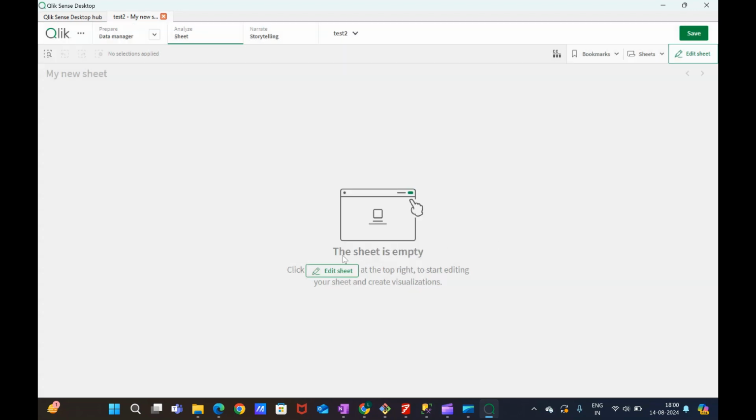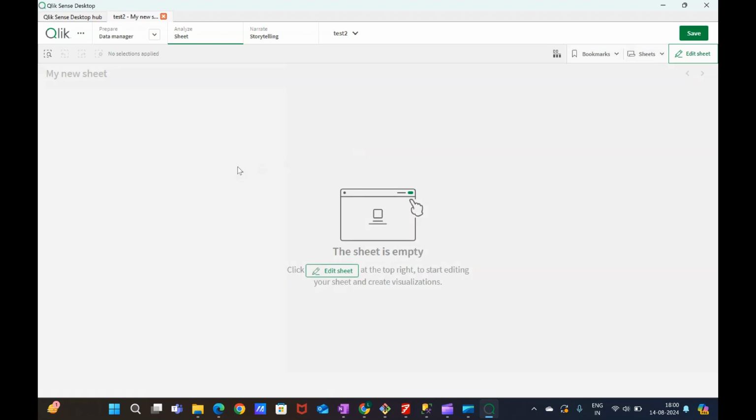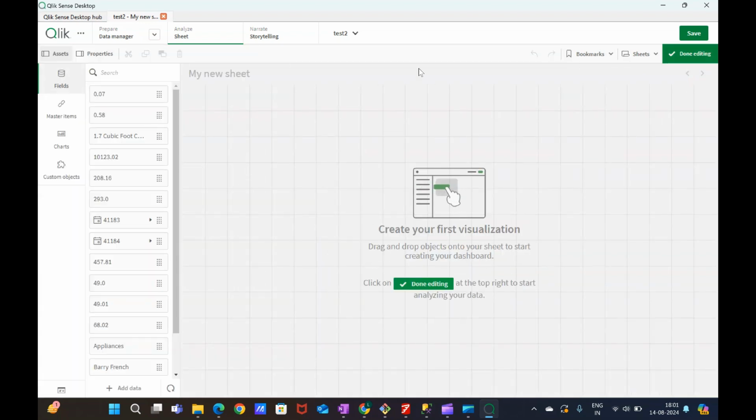Okay, my data is loaded and this is my sheet, right? And from here we can see how many sheets we have. I'm just working on this new sheet, right? And if I want to edit this sheet, I need to go to here, edit sheet,